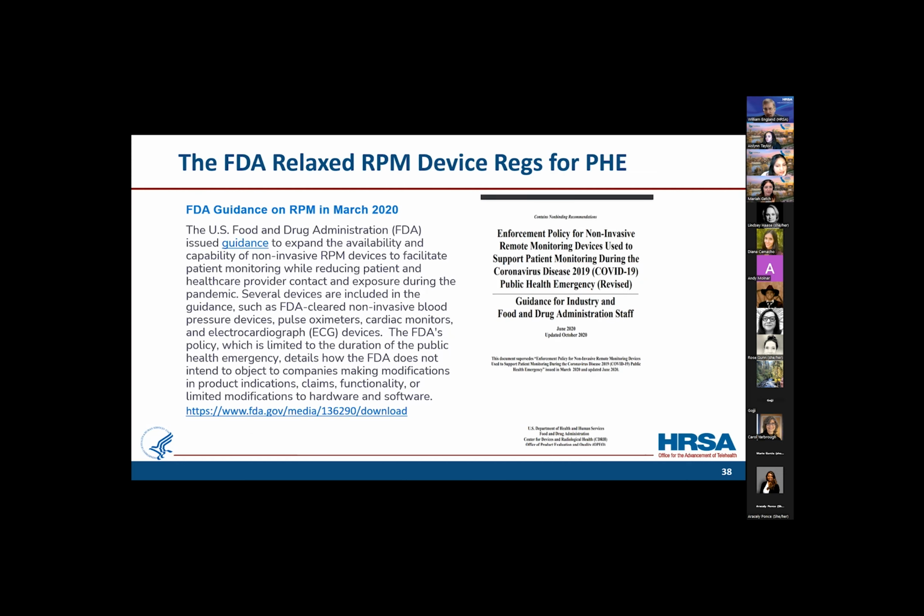Oh, FDA. FDA, of course, is very involved in these devices. So for the pandemic, the FDA arguably relaxed their requirements and allowed manufacturers to do some things that possibly would have required a complete re-review by the FDA, recognizing it's really important to keep this stuff going and to allow patients to be submitting data from home. But that's something that will not continue beyond the end of the pandemic. And they put a guidance out on it in June saying, here's what the rules are for the emergency.